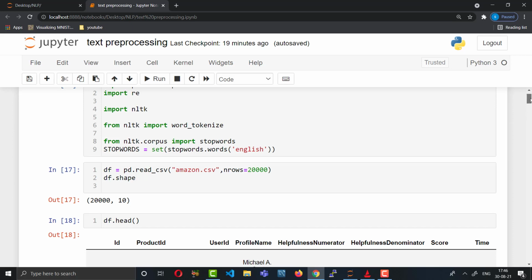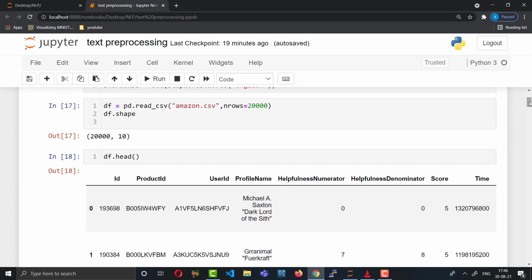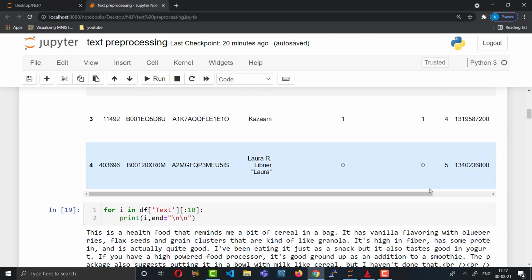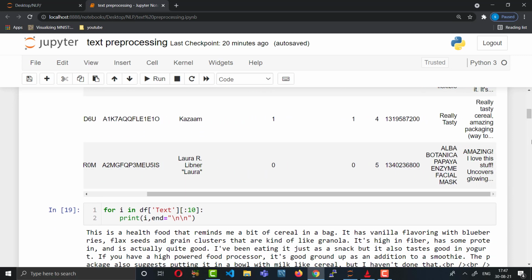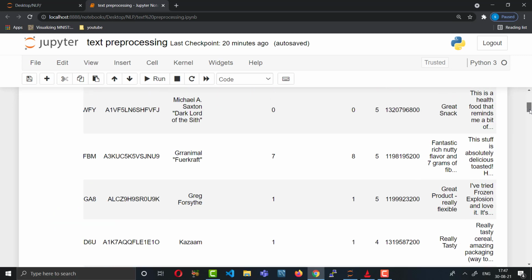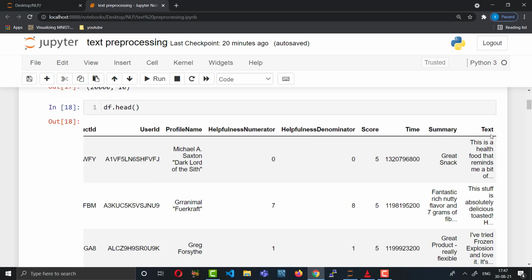So let's understand some columns and features of that dataset. There are Id, ProductId, UserId, ProfileName, HelpfulnessNumerator, HelpfulnessDenominator, Score, Time, and some other features like Summary and Text.